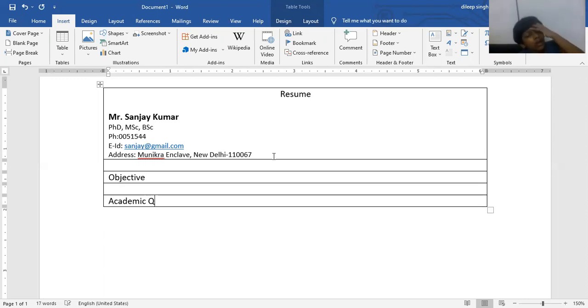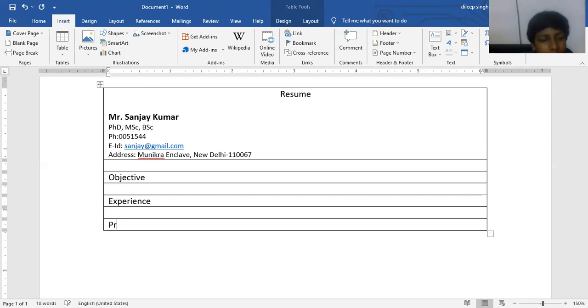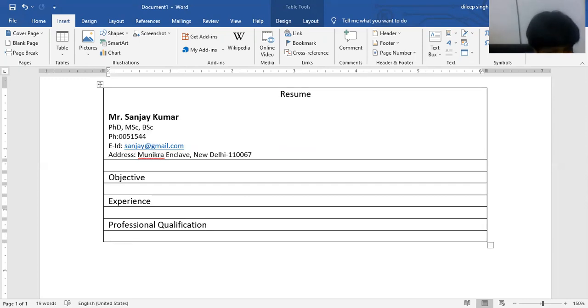Academic qualification. Or you can also type your experience. Okay, after using this, just press tab and again tab, you will get another row. And here we add academic qualification or professional qualification. Professional qualification. And after that, repeat the same step using tab and academic qualification.